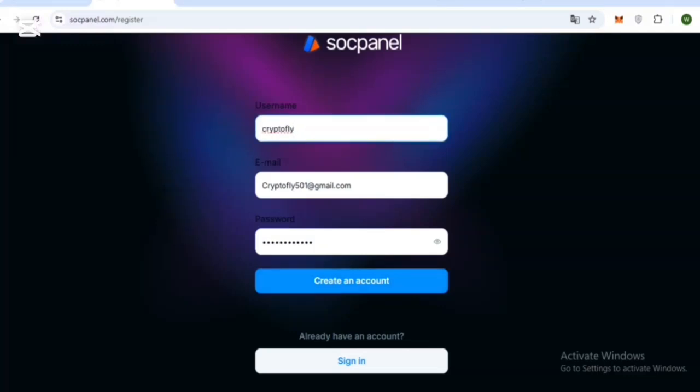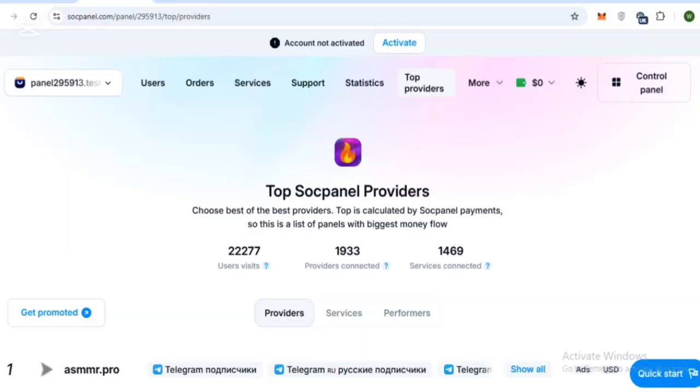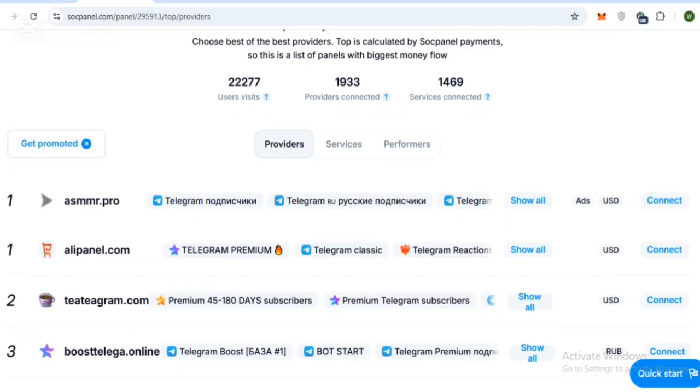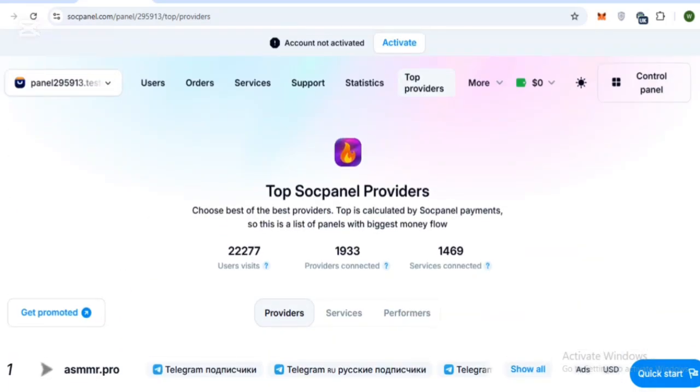Now I will explain the dashboard. So dear viewers, now I will explain how after successful registration you can get amazing benefits. This is the dashboard of SOC Panel, and here you can check. Now I will explain how SOC Panel works. Once you register, you get access to a powerful admin dashboard that includes